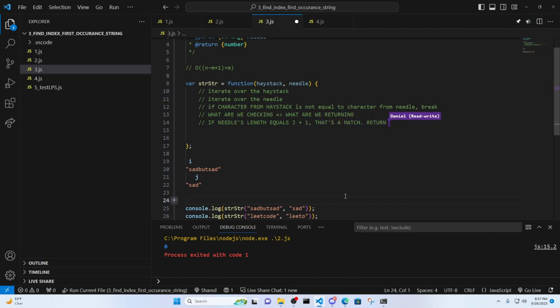Return the index of i, I think, right? Yeah. Okay, perfect. That's not bad. It's a little off. So instead of, "if the needle's length equals j plus 1", I mean, I guess you could do that, but I would say